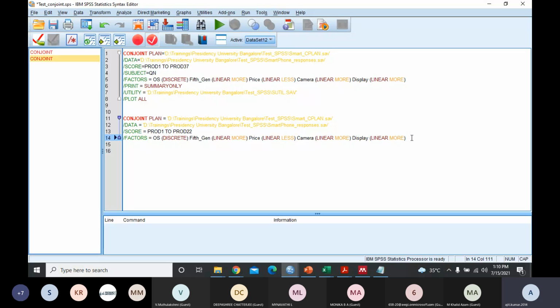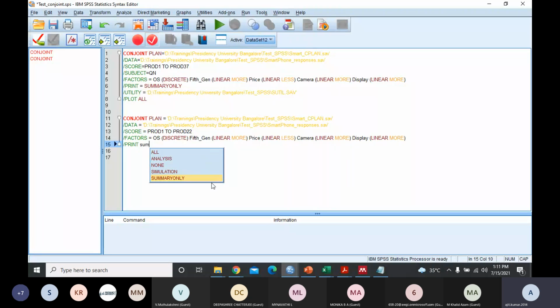Once this is done, again forward slash, and now print. Even if you don't use print onwards, you will get the result, since we have given enough information to the conjoint function. Now we use print to get these things, whether you want just the analysis, only the simulation result, only the complete summary, or everything: analysis, simulation, and summary.